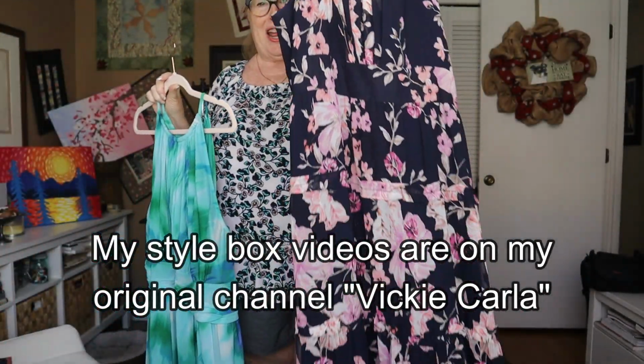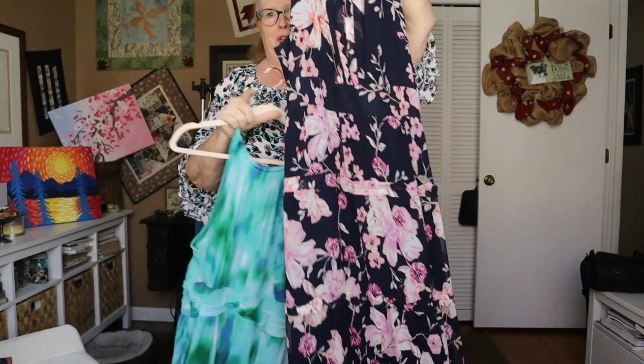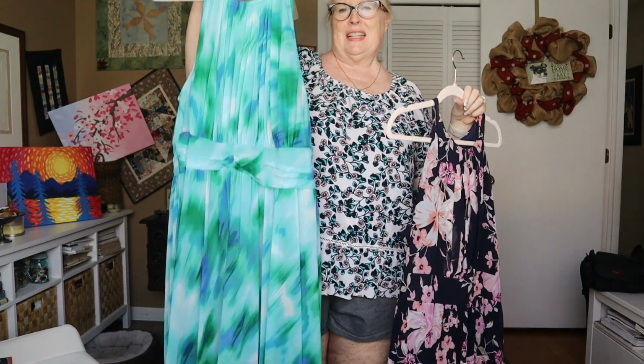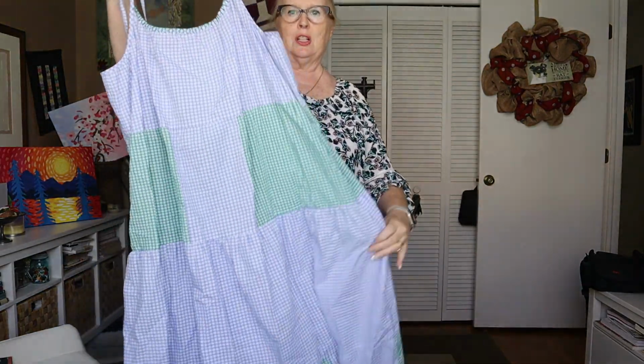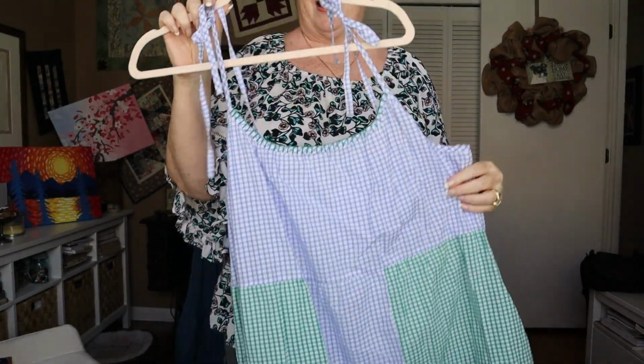This is an Elijah J. I have 2 that are almost identical, not quite, and both very comfortable. They're like chiffon and very nice. So they both pack and travel well. So I wore them both. This is also a long dress that I recently got from World Market's clearance rack, and